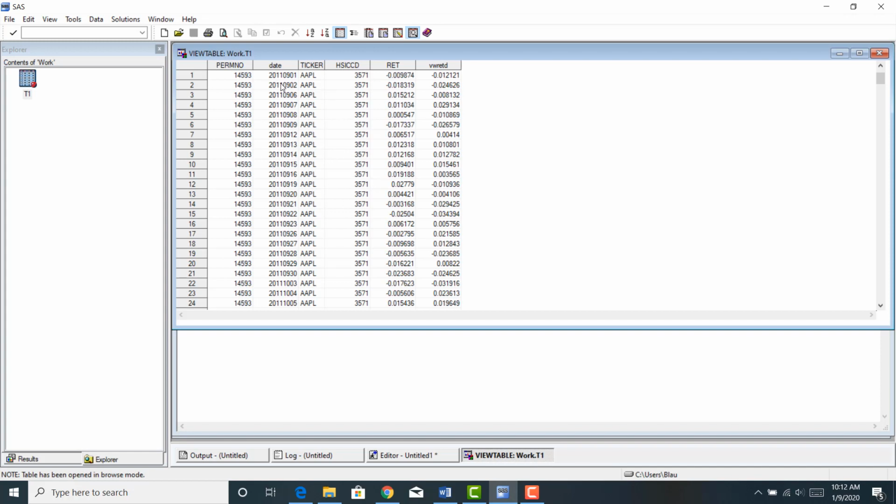I've obtained this data from the Center for Research on Security Prices, the CRSP data set. We've talked about that in class, hopefully. This first column is called the permanent number. This is just an identifier. CRSP gives every stock a perm number that stays with it, whether or not the stock is acquired by another one. You'll be more familiar with this ticker symbol. Of course, AAPL is Apple. Here's the date,